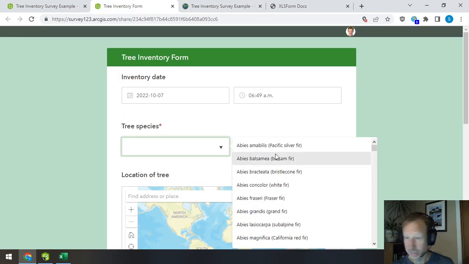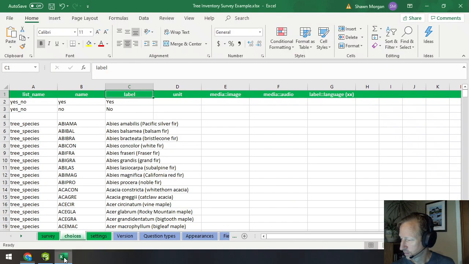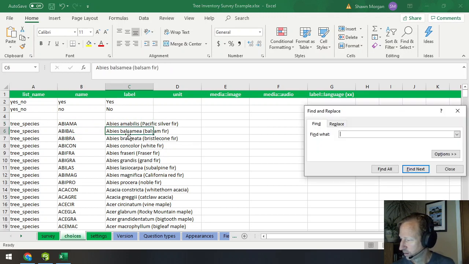So these are labels, but what's actually stored in the database is that other value. So the label is what is shown to the user, but this is what's stored in the database itself. So I chose the white pine,